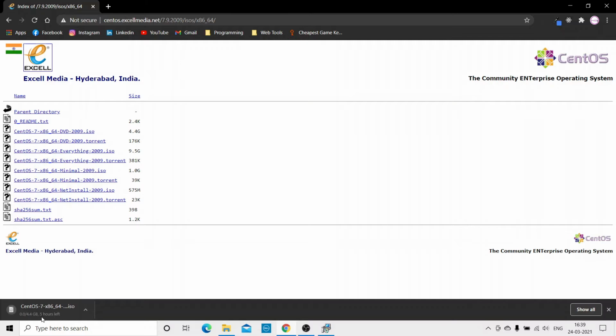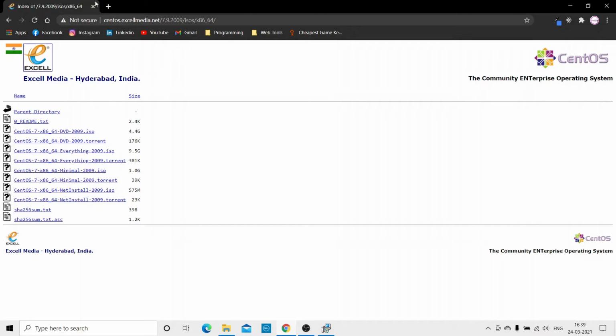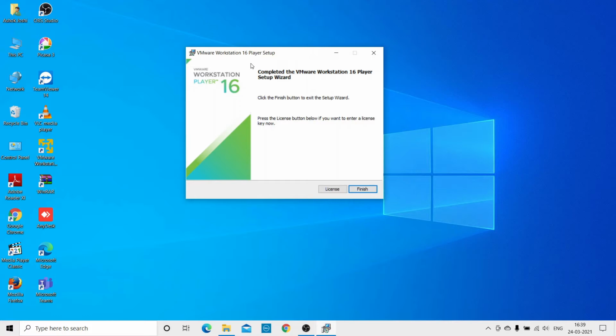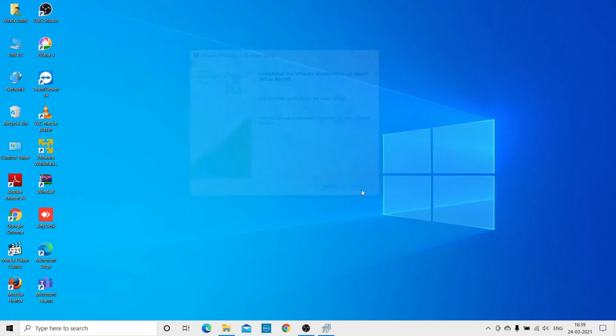So what I have done is I have also downloaded the ISO file. Okay, so I won't be downloading this, so I'll just cancel this, and I will cancel this one. I'll cancel it, and we can see that we have our VMware Workstation Player ready and it's been installed. Let's click on finish, and let's open this up.